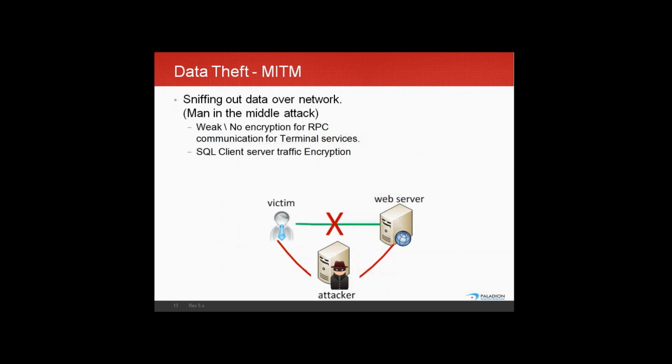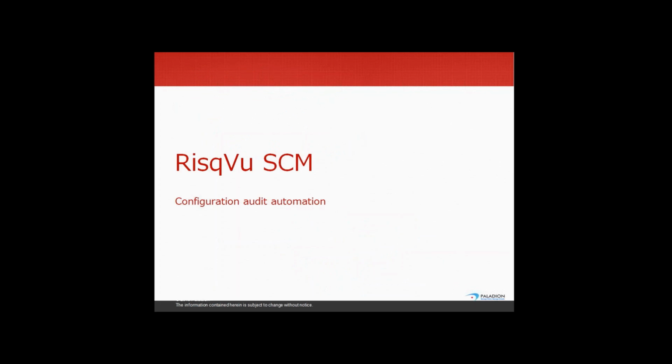Now, how these MITM attacks are conducted involves a lot of craftiness. One of the ways is DNS poisoning, by which I change your DNS records in such a way that rather than connecting directly to the server, it actually goes to an intermediate server, which routes the packet back to your original server. This discussion is out of scope, since we have limited time. Now let's discuss how we do such configurations and how we manage them.